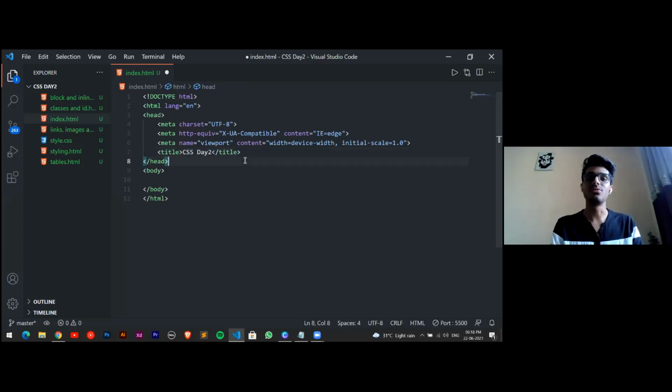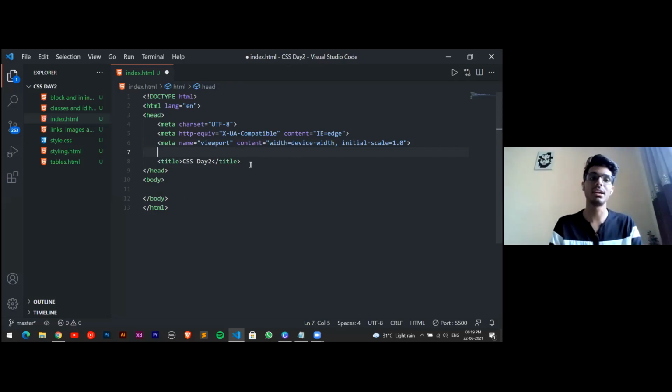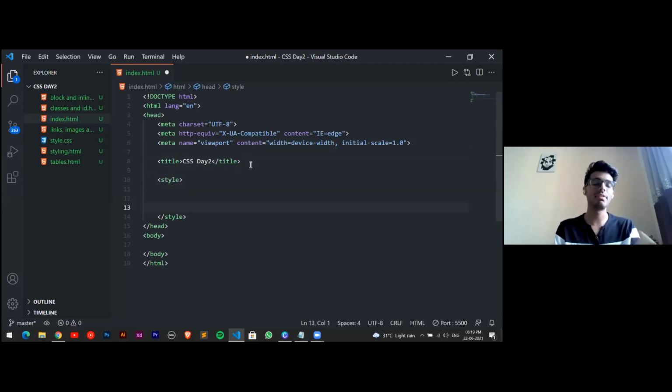As we all know, this is the title of our web page, which will be the name of the tab in which we will be operating. And now we need to create a style sheet. How will we create that? We can use the style tag over here. What we did yesterday was open a style tag inside the head tag, next to the title, and write the CSS there. But instead, we can follow the convention of making a separate style sheet, that is, keeping our styling separate from the web page. That is a good practice we follow.